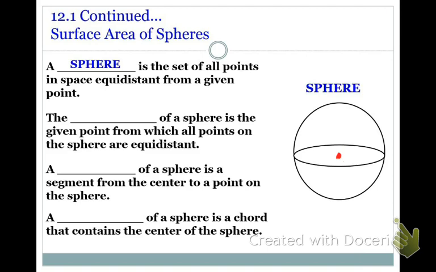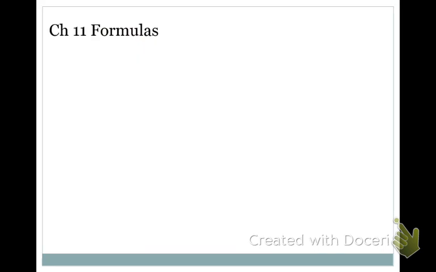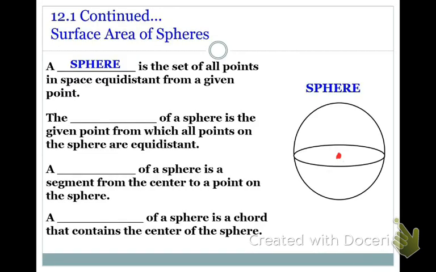That becomes a set of all points in a space, not in a plane, but just in a space. So since there is a point that all the points are equidistant to,